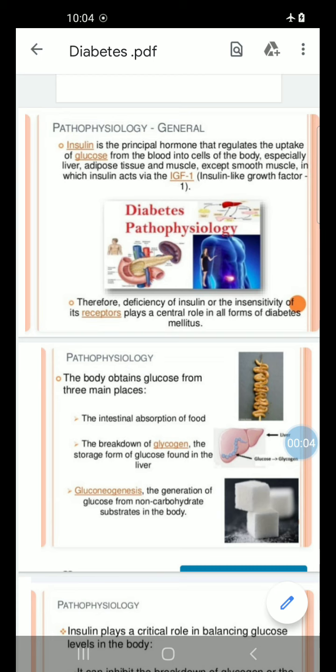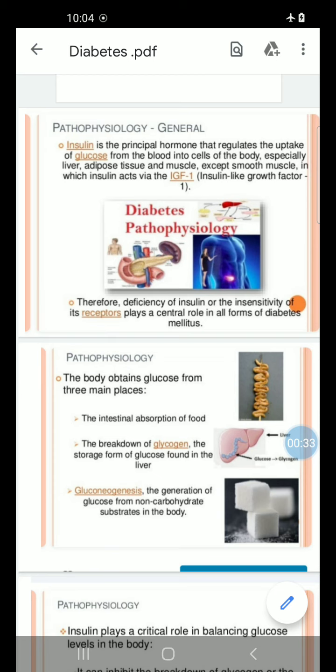Next, the pathophysiology of diabetes mellitus. In pathophysiology, first, insulin is the principal hormone that regulates the uptake of glucose from the blood into the cells of the body,